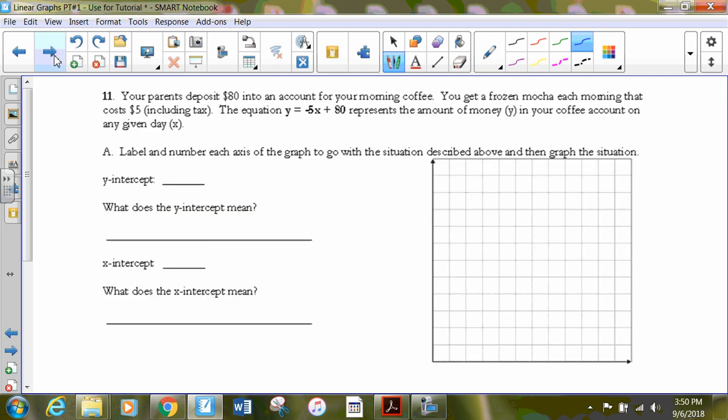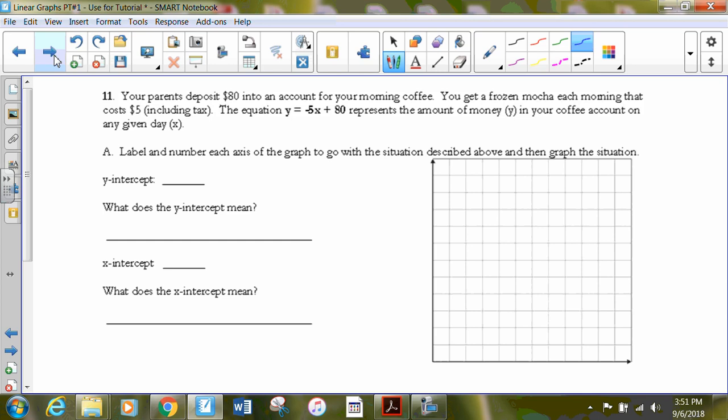All right, so now we are all the way to the context, and we're almost done. Your parents deposit $80 into an account for your morning coffee. You get a frozen mocha each morning that costs $5, including tax. The equation y equals negative 5x plus 80 represents the amount of money in your coffee account on any given